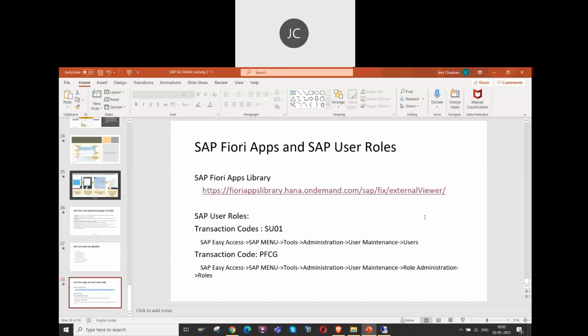And don't worry, I will take you through what kind of business users there are, what kind of SAP consultants there are, what kind of projects there are. All those things I will take you through.